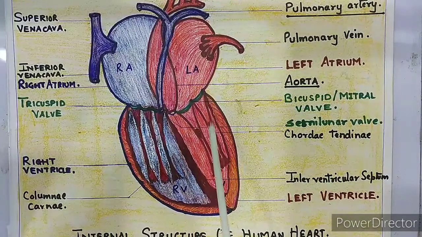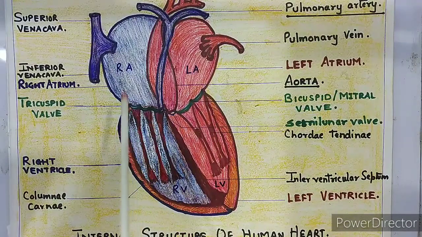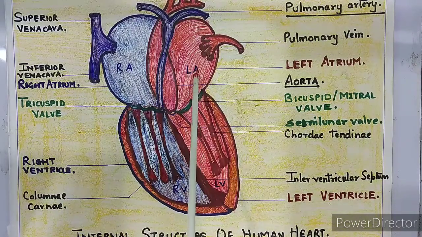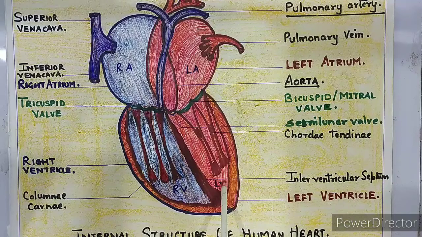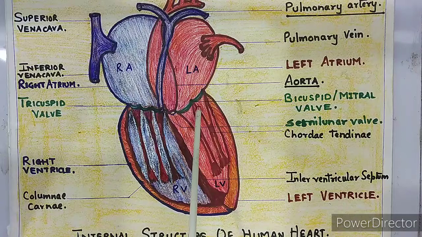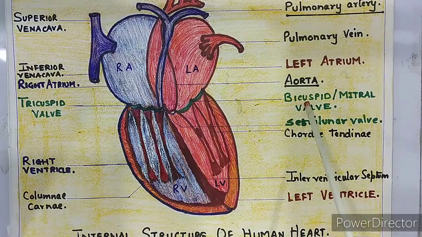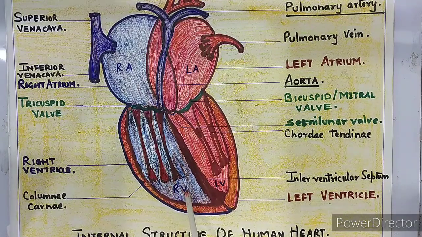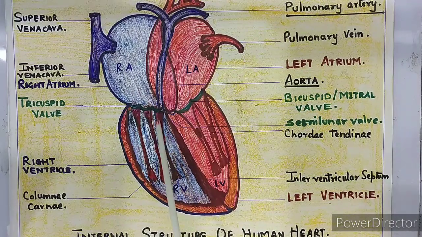So we have studied the 2 valves. One present between the right atrium and the right ventricle, and the second present between the left atrium and the left ventricle. So called tricuspid valve and bicuspid valve or mitral valve. Now, when you come down to the right lower chamber of the heart, that is the right ventricle, which receives the deoxygenated blood.